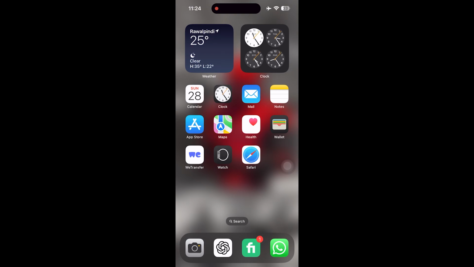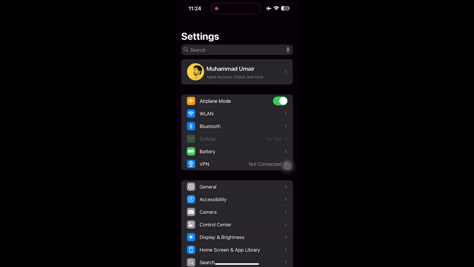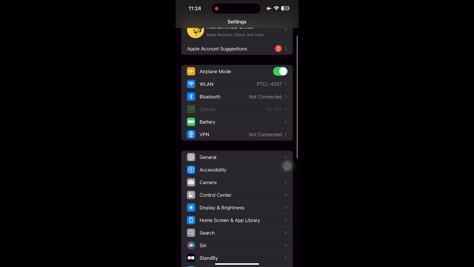Hey everyone, welcome back. In this video I will be showing you how to recover iPhone passcode without losing data. So let's just say you've forgotten your passcode, which is a really huge thing, and you want to recover it. So you connect it with iTunes onto your PC or laptop, and you're going to be simply resetting literally